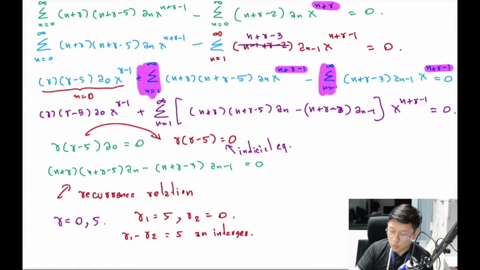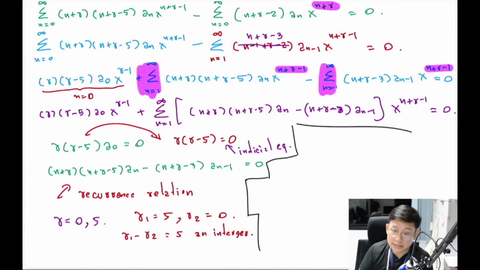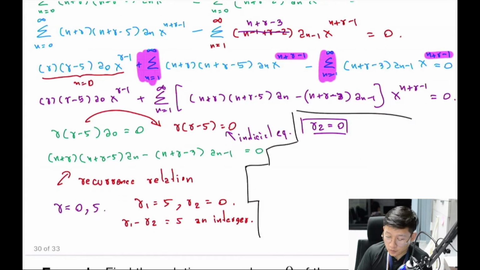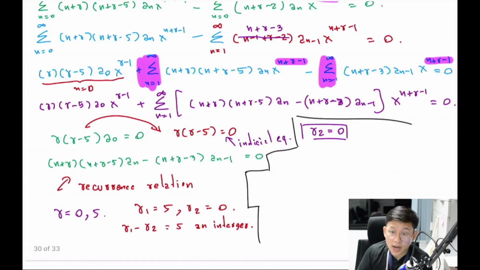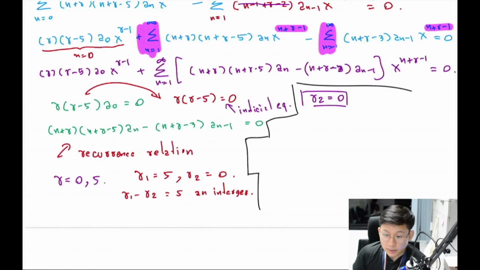Okay, so what should we do if the difference between r1 and r2 is an integer? We use r2. Okay, we pick r2 as 0. Guys, don't forget we use the smaller one. Okay, and we know that the solution y, we first need to substitute r2 into the recurrence relation. Okay, we substitute r2 with 0, so we have this